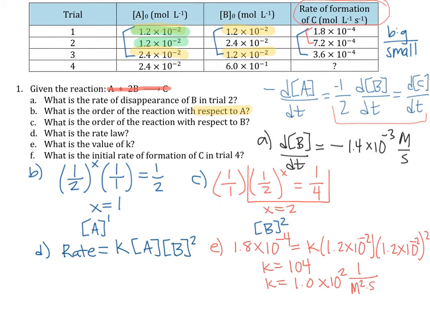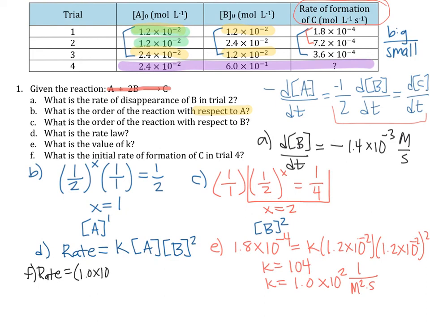Now for our last question, part F, we need to use our last line of data in trial 4. What is the initial rate of formation of C in trial 4? So we just need to put in all of the numbers we already know and plug and chug. So we're going to be focusing our attention on this last line of data to find our unknown for part F, and our rate will be equal to